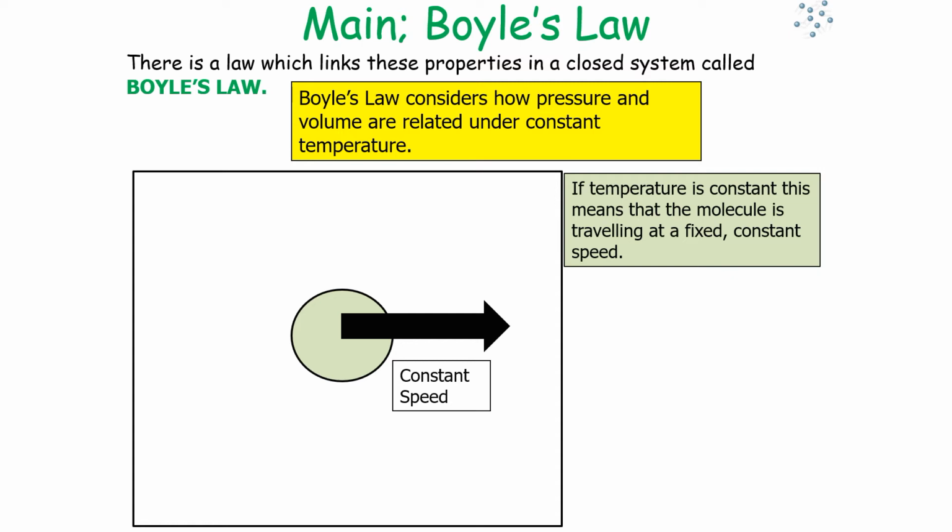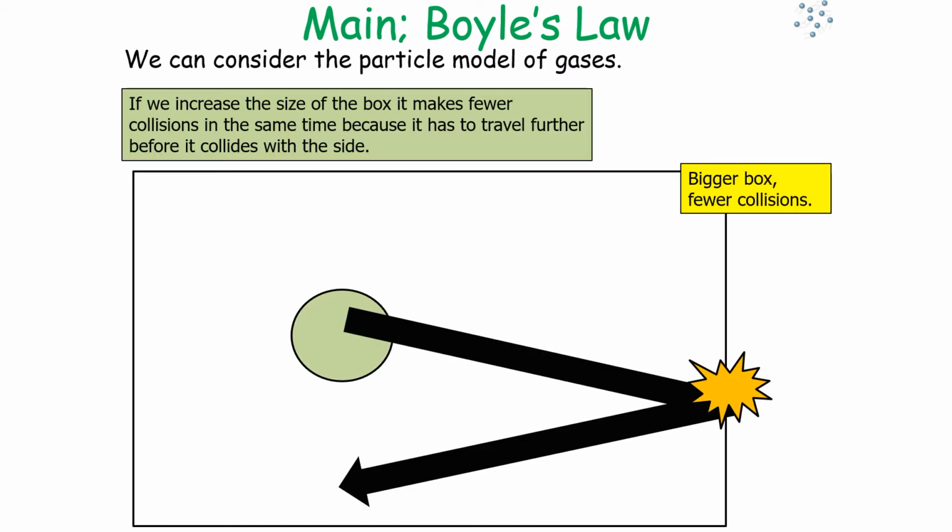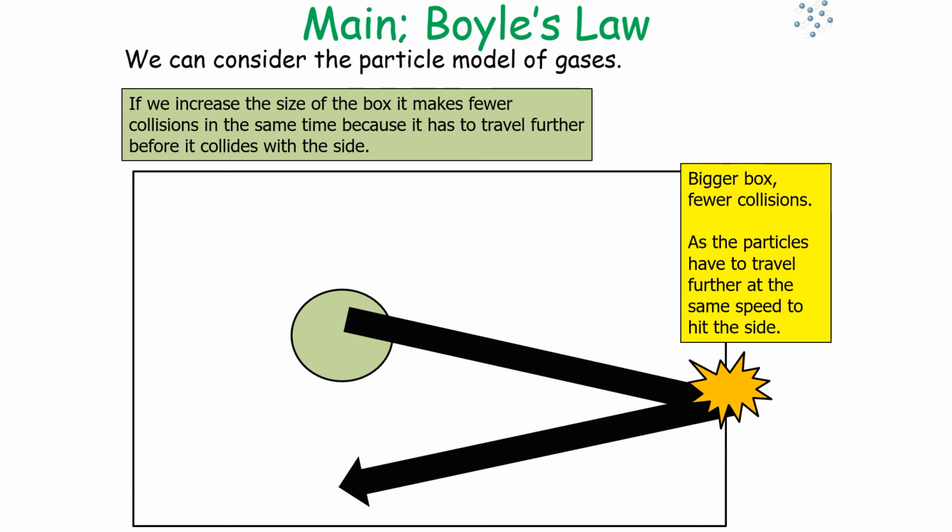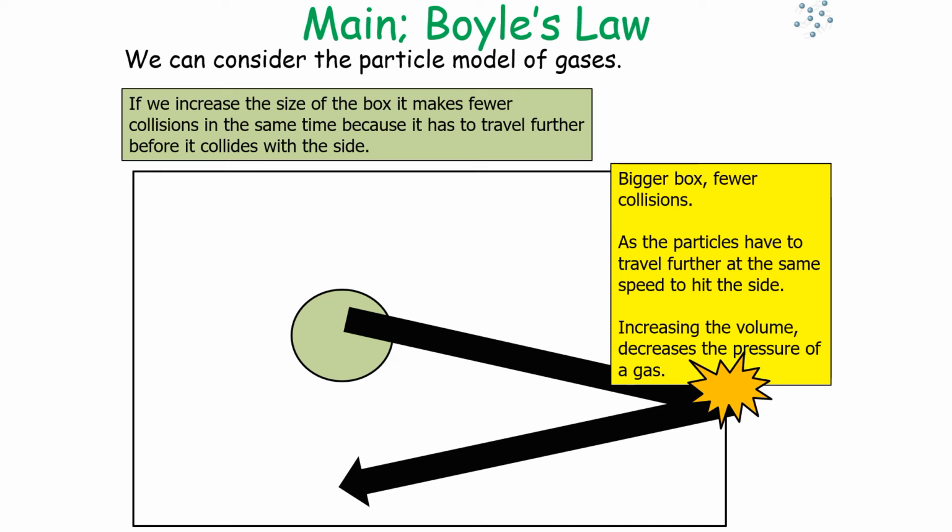Now, Boyle's Law considers how the pressure and volume are related under a constant temperature. If the temperature is constant, this means our gas particles are moving at a fixed constant speed. So if we increase the size of the box, we make the volume bigger, it means there are fewer collisions in the same time because the gas particles have to travel further before they collide with the side of the box. So the bigger the box, the fewer the collisions, as the particles have to travel at the same speed to hit the side. So what this tells us is increasing the volume decreases the pressure of a gas,